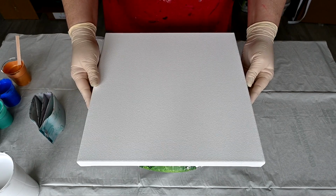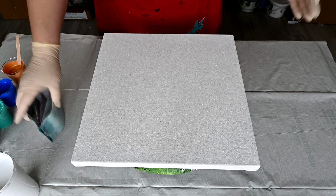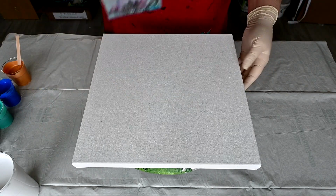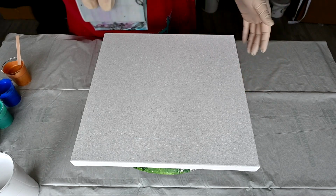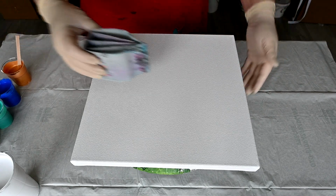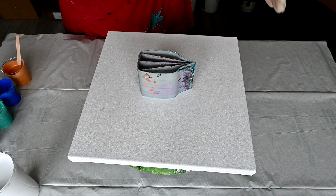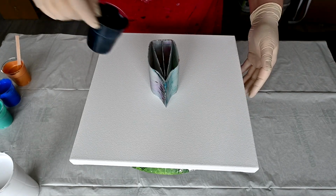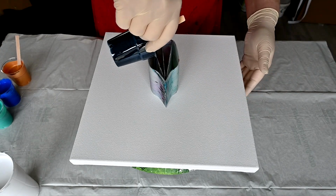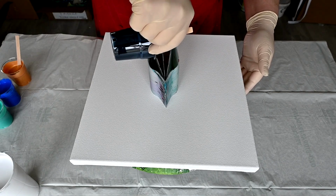And I will put this on the canvas and I will do a split cup on top, but I will pour from up high, and we will see what will happen. Just a straight pour from up high. And I will use mostly some blue shades because I don't know what will happen and I don't want